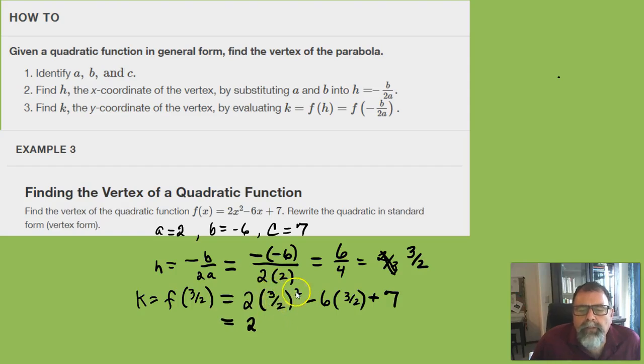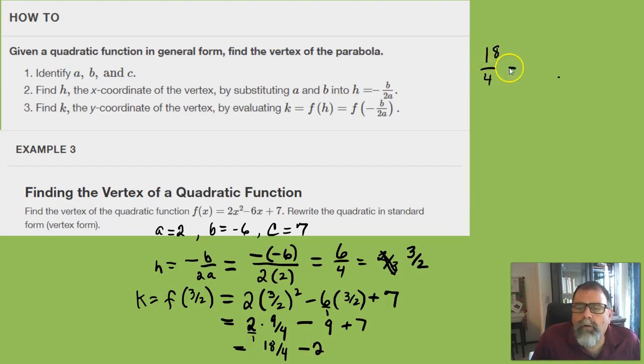So when you square a fraction, you're going to square the top, square the bottom. So that's 9/4 minus, and then this, think of it as 6 over 1. So 6 times 3 is 18 over 1 times 2 is 2. So we got 18 over 2, which is just 9. And then this will be 18 over 4